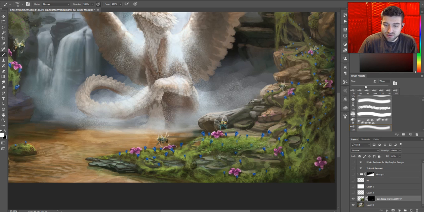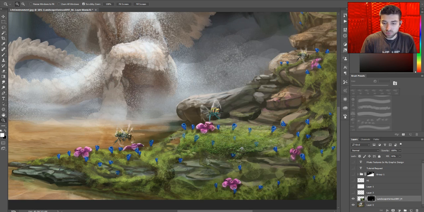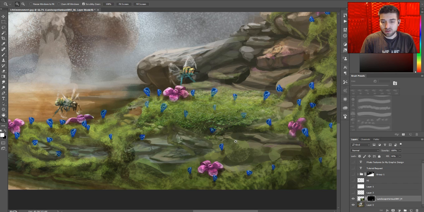You want to limit it, because having something that looks like an artist did it is very important. It brings some life into the image. So don't overuse photo texture, but use it if you want to get a little bit more realistic and you want it to be quicker. And I can still change the fill and opacity